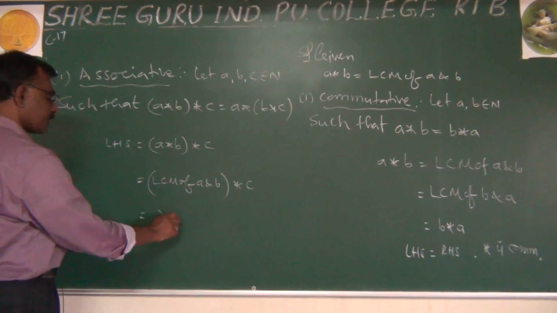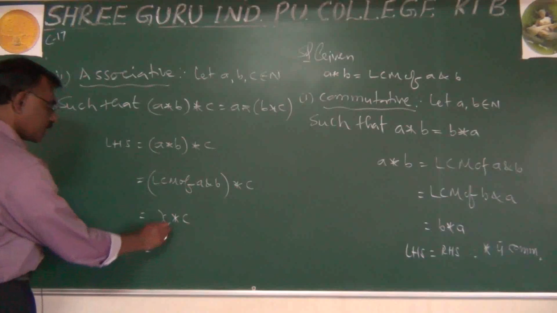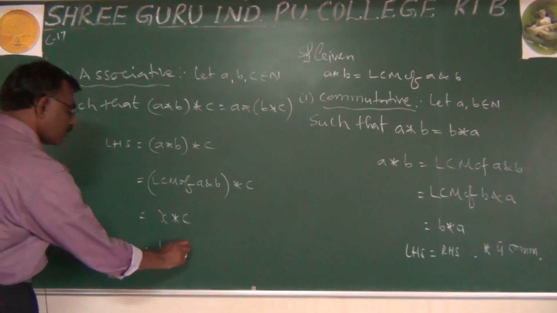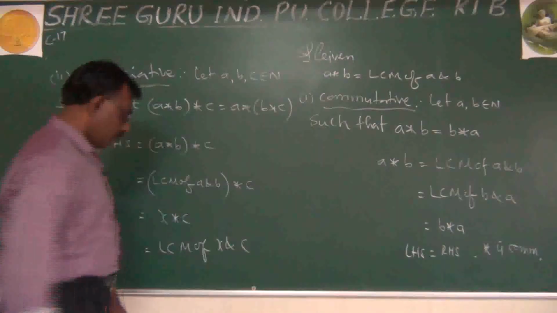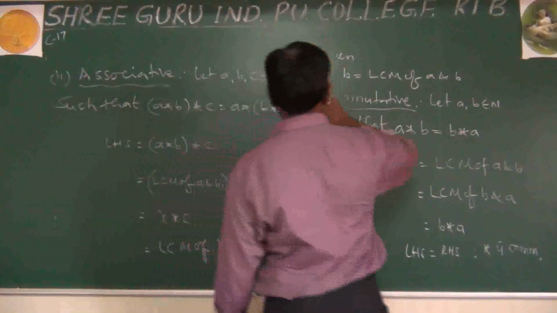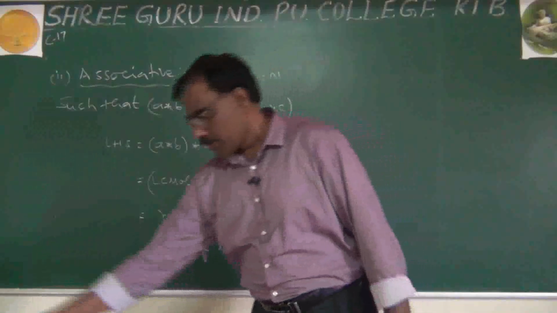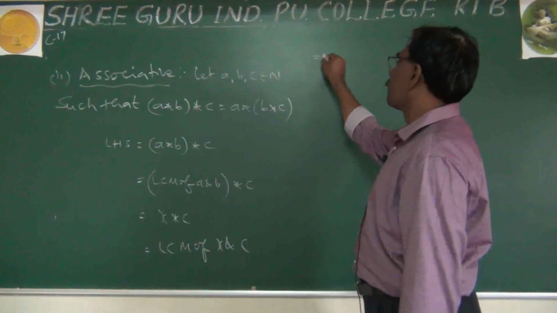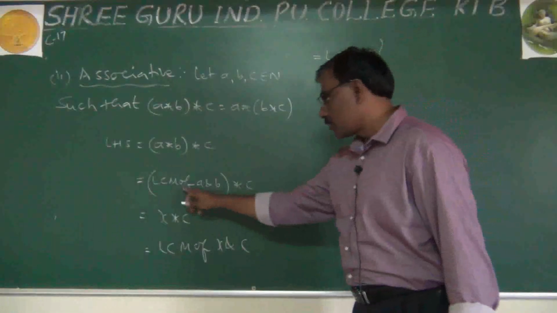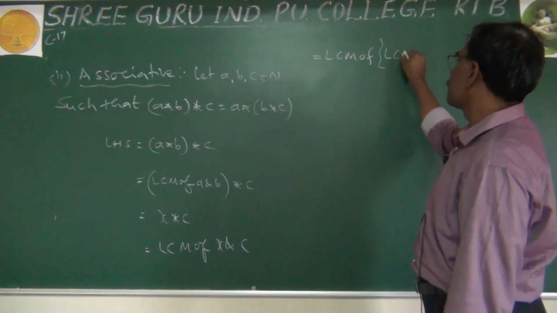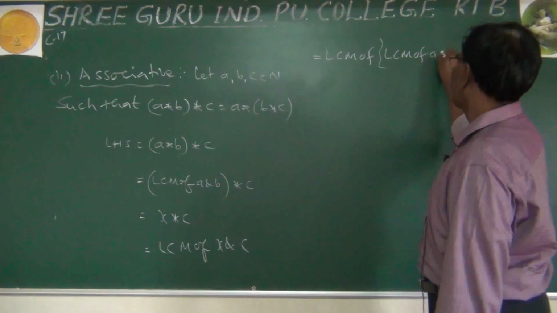I'm taking X star C, where X is LCM of A and B. X star C is LCM of X and C. LCM of X and C equals LCM of, X is LCM of A and B,